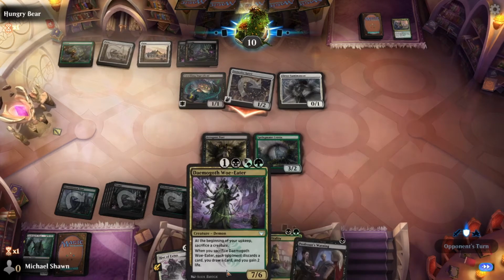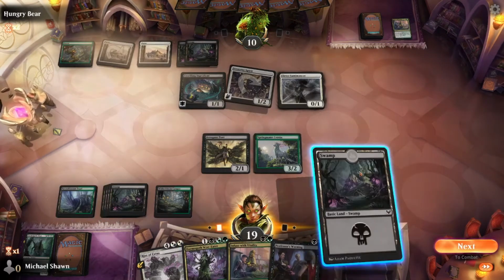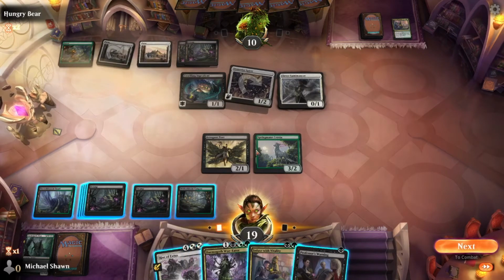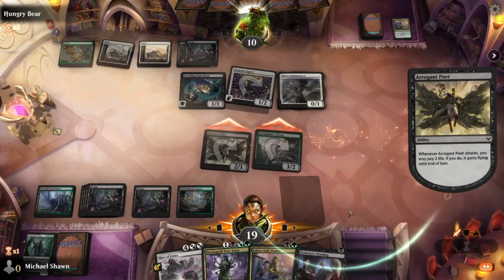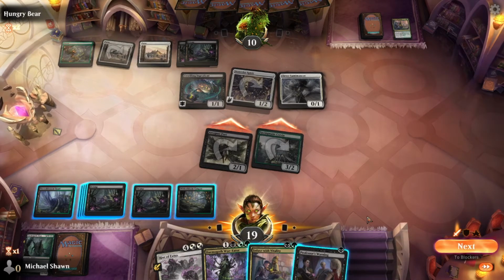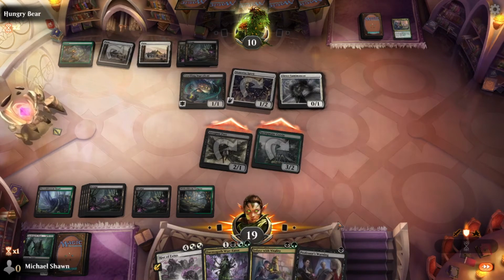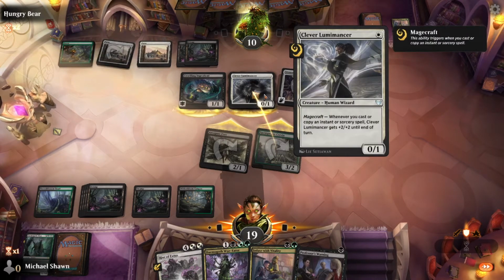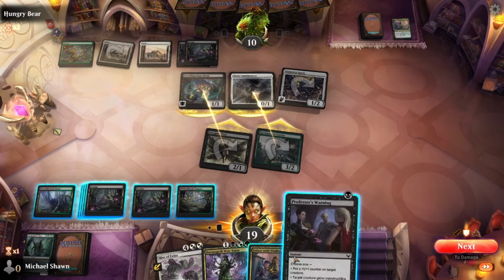Trying to think of how we could make some things happen here. They've got their flyer. I think right now we're actually in a pretty favorable position. Let's start by attacking with our creatures. We're not going to pay the 2 life because I kind of want them to try to block it, and then I can use some of my spells to do some stuff. Okay. Okay, so they could Magecraft this and do some things. As of right now,